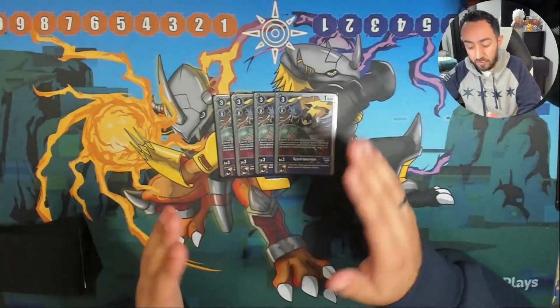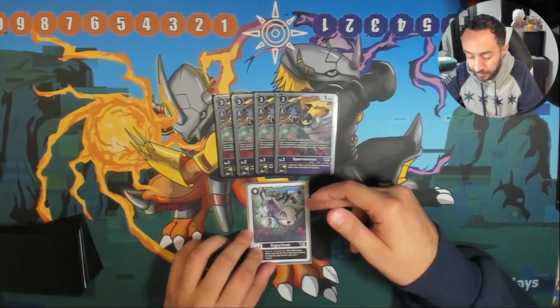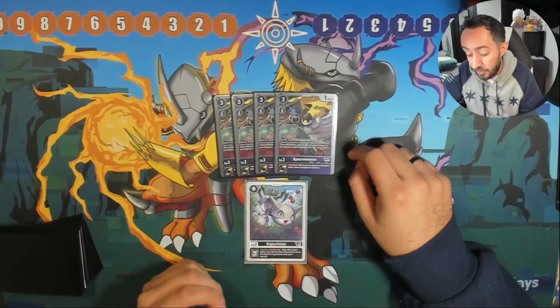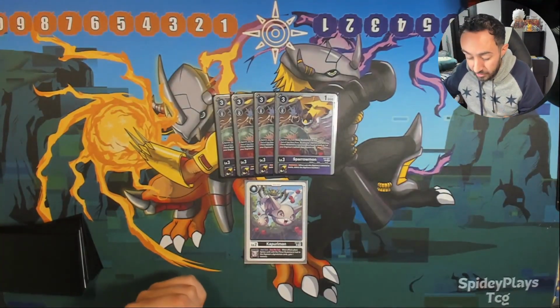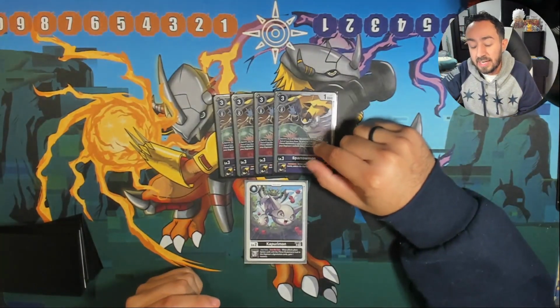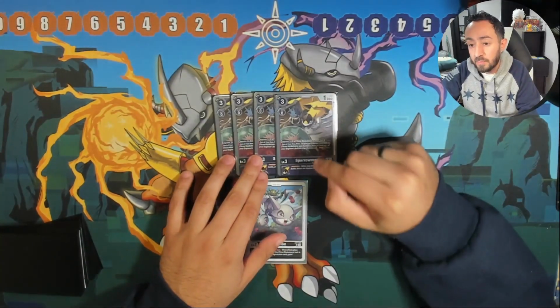So it digivolves for 2 from a Three Musketeers in its text, so you would be able to go from the Deputymon. Starting your main phase by placing one option card with the Three Musketeers trait from your hand or trash as one of your Digimon's bottom Digivolution cards. Draw 1. So at first I thought it was just tuck it under the Beelstarmon, but you could tuck it